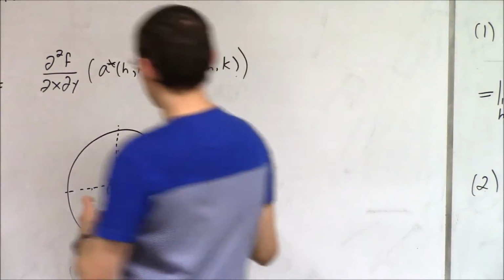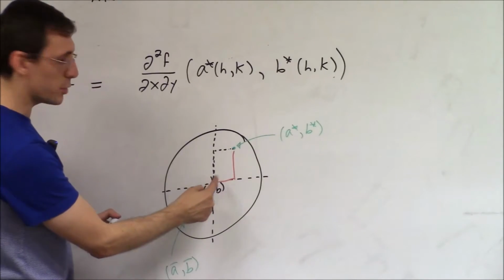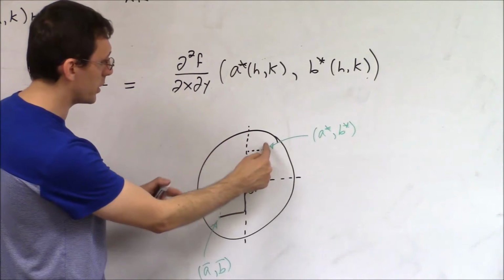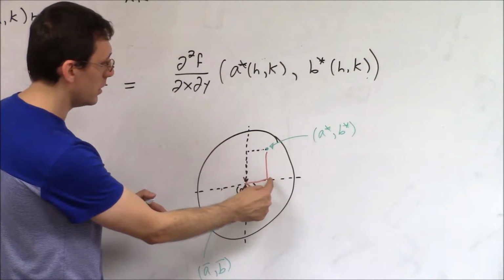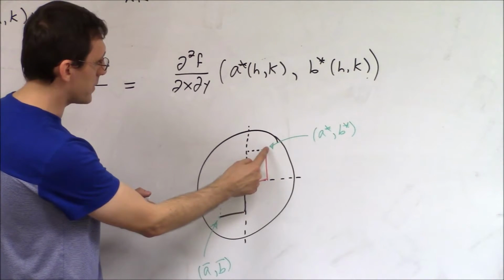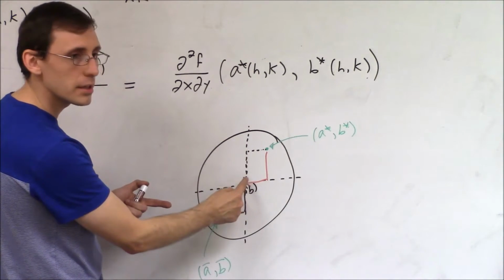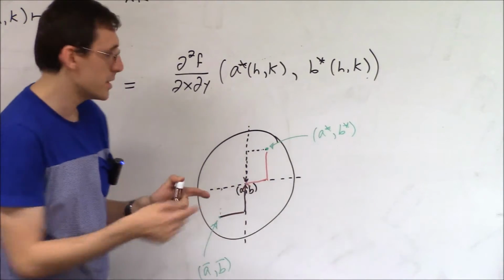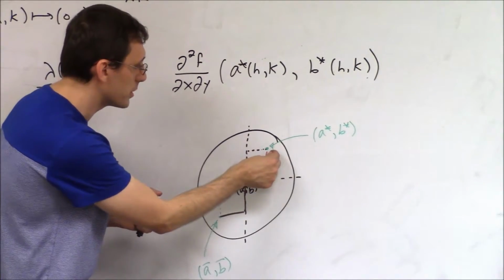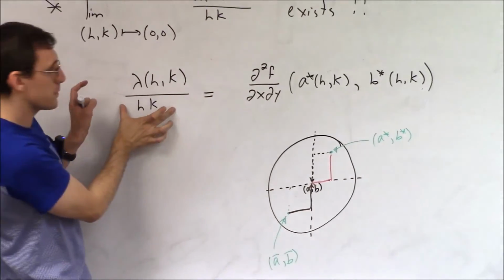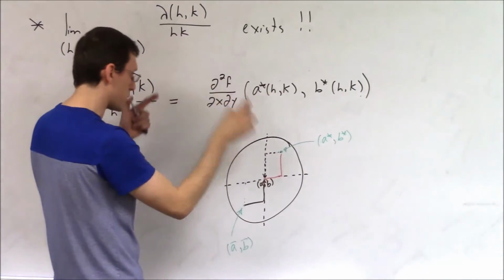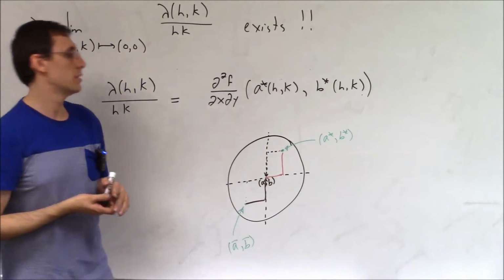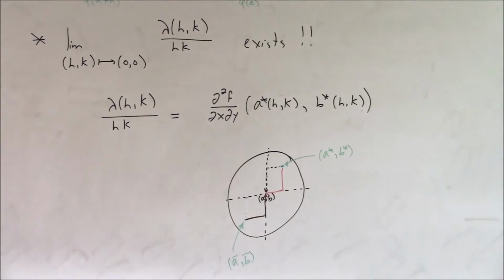So once you're here, it doesn't matter which path you take. Taking this path and then this path is the same as taking this path then this path. This path means first k goes to 0, and then h goes to 0. This path is the opposite, first h goes to 0, then k. You see what I'm saying? So the interchange of limits is allowed here because you basically reduce this expression to a mixed partial derivative at a point inside of the disk of continuity. Are we trying to say that it's path independent? Yes, I'm trying to say it's path independent inside of the disk.